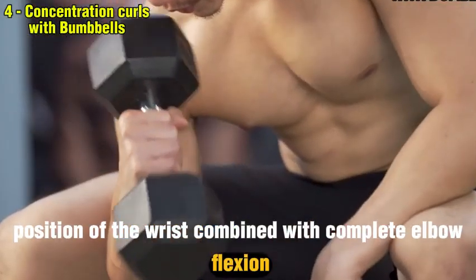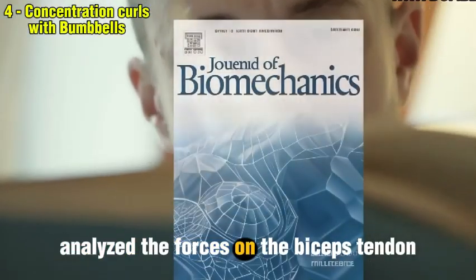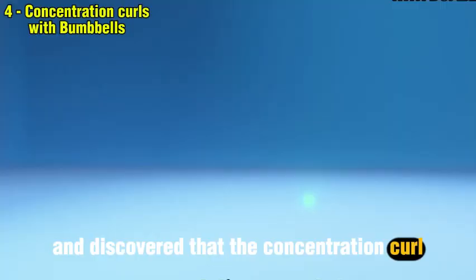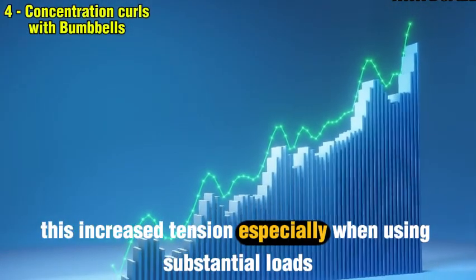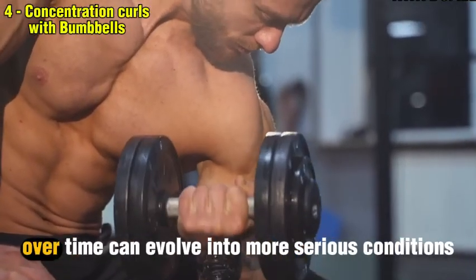complete elbow flexion. A study published in the Journal of Biomechanics analyzed the forces on the biceps tendon during different curl variations and discovered that the concentration curl generated significantly higher tension peaks compared to other variations. This increased tension, especially when using substantial loads, can predispose to microlesions in the tendon that, over time, can evolve